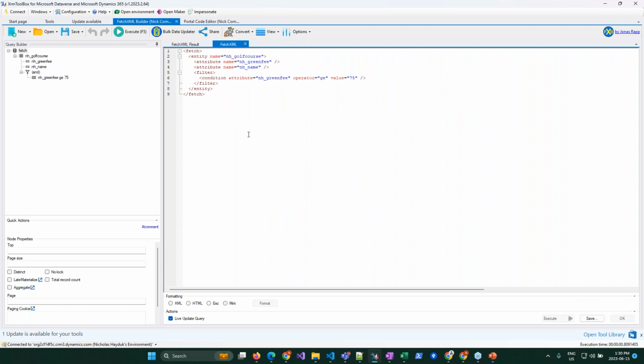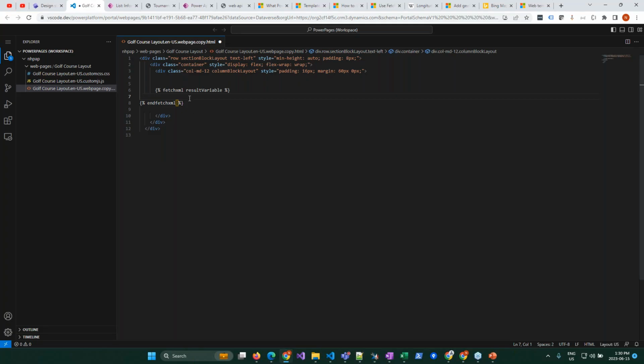So I'm going to go to my FetchXML and I'm going to copy this. Go back here, and that's what I'm going to paste in here. So I have my FetchXML tag. What it does is it wraps the actual FetchXML statement. And then what it does is it creates a FetchXML variable called result variable. So whatever I put in here, I can name this whatever I want. So I'll just call this